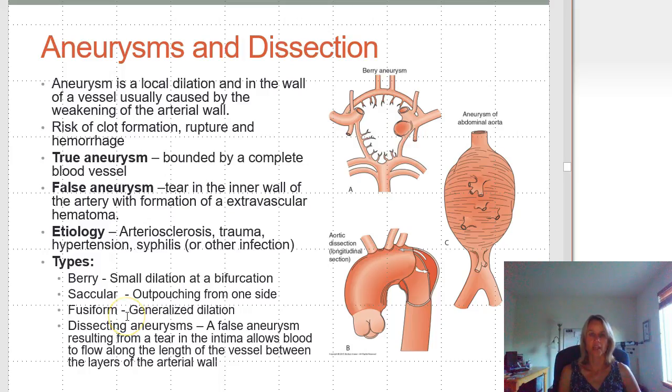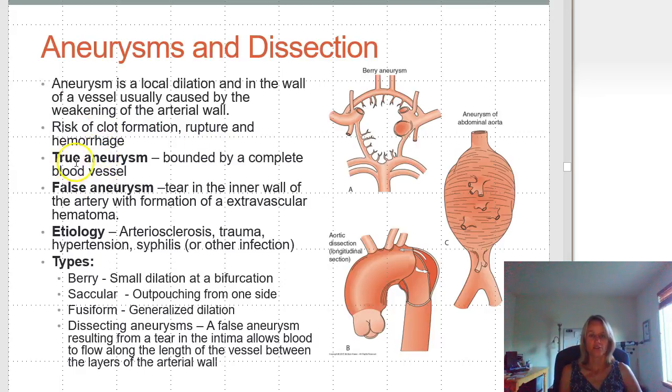Okay, aneurysms. An aneurysm is where we have a local dilation in the wall of a vessel, and this is usually caused by weakening of the arterial wall. This could be congenital, but it also can be precipitated by atherosclerosis. There are some risks of clot formation due to these aneurysms, and rupture of the aneurysms, which could lead to